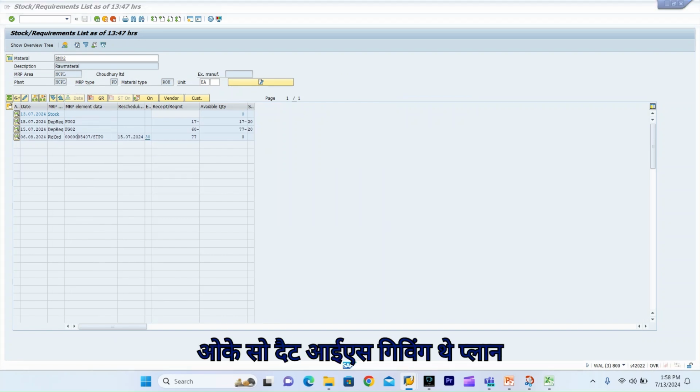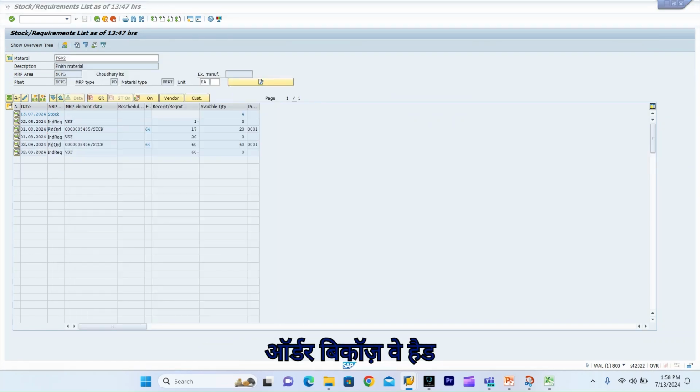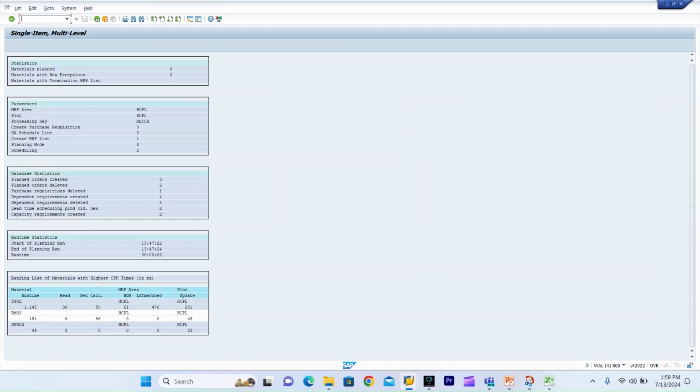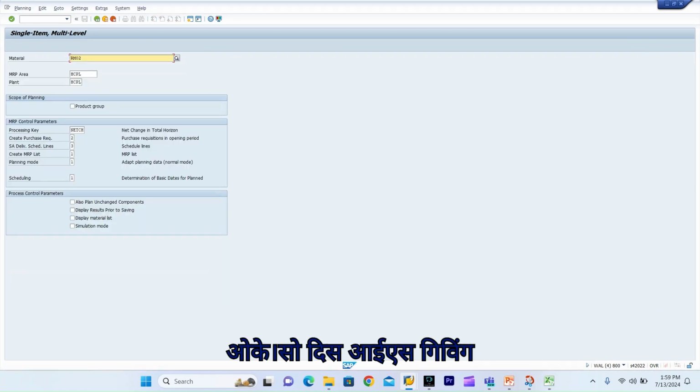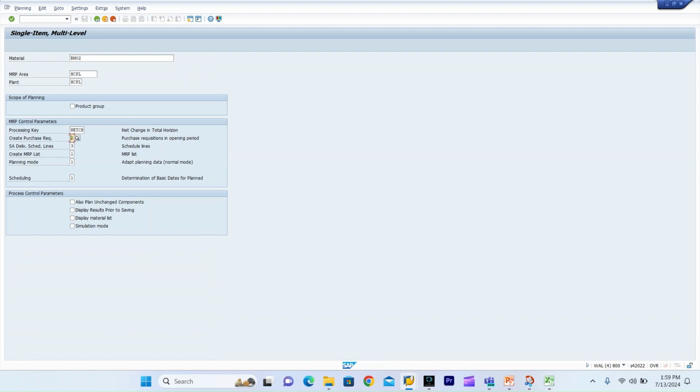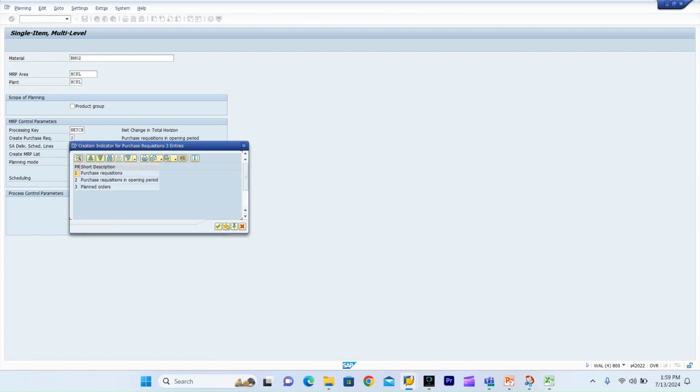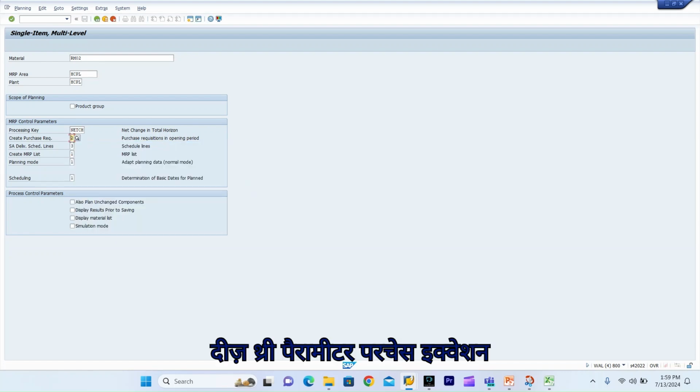Okay, so this is the plan order. So this is about these three parameters: purchase requisition, purchase opening period,